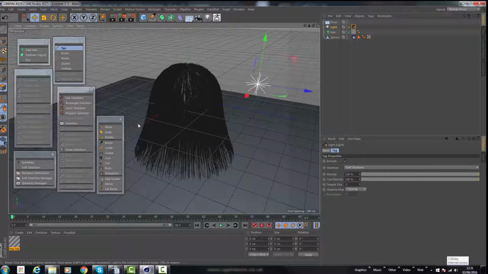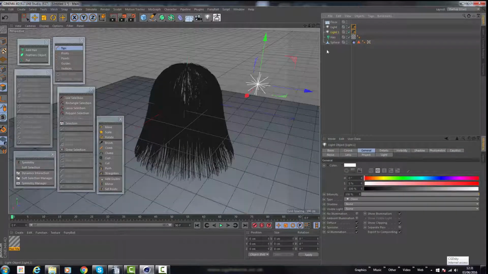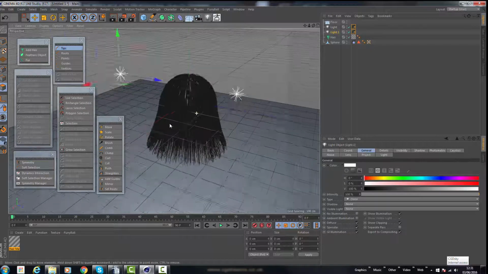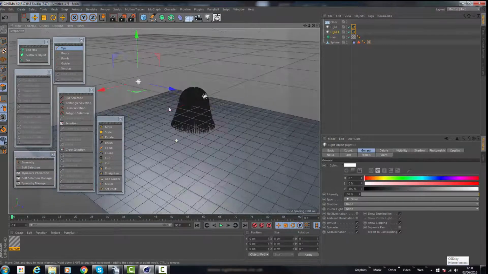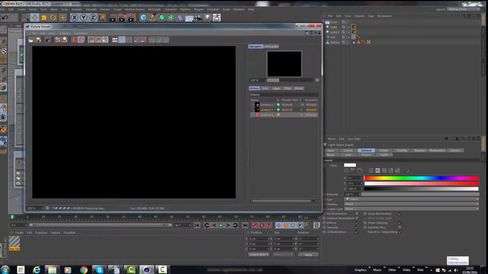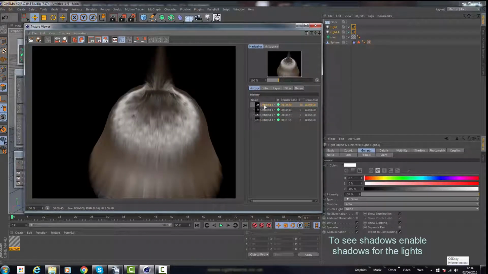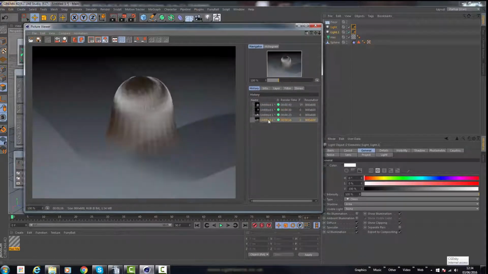We want at least normally a couple of lights in the scene, so I'm just going to duplicate that, just hold down the control key, and I've duplicated that light just so that we've got at least 2 lights in the scene there. One a bit higher and one a little bit lower. And let's just go for a render now. So I'm sure you agree it's much better to what we had in the first place. We got from that to that, and then with the shadows enabled for the area light as an area shadow, we've got this. Now there's obviously a few things we need to set up in the material because things are